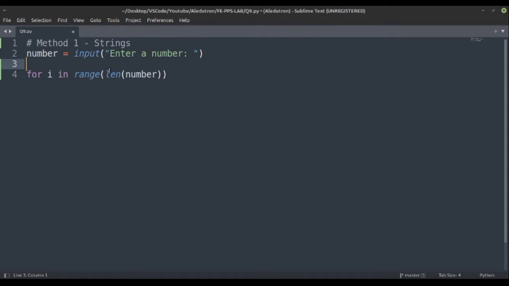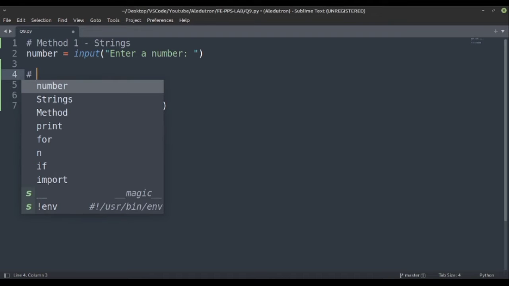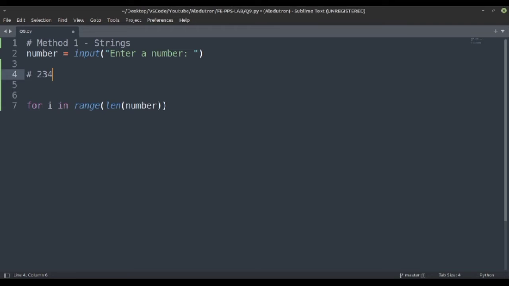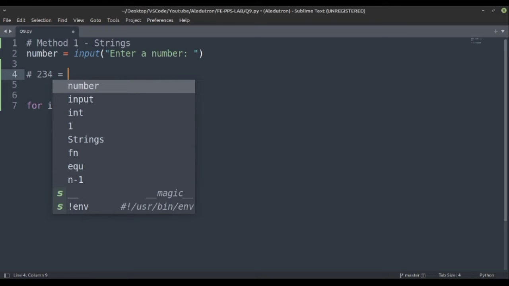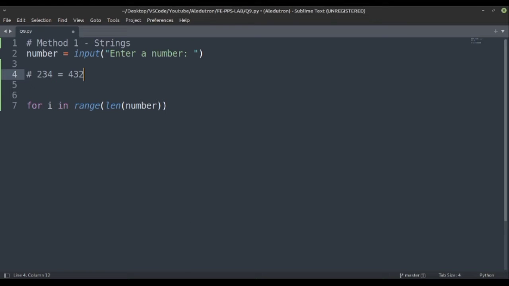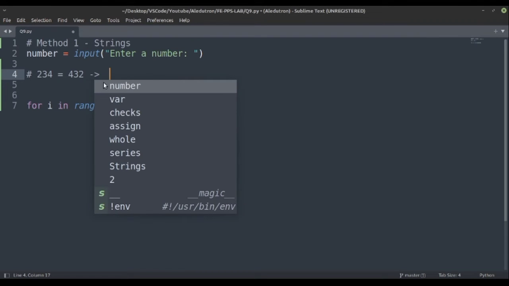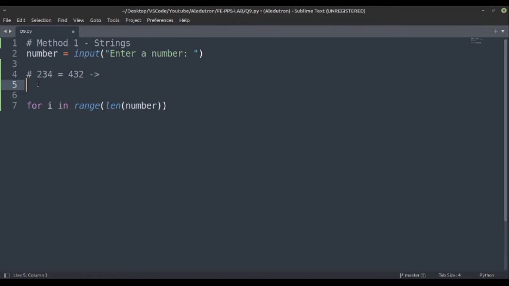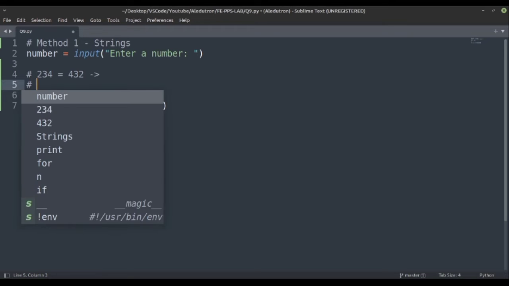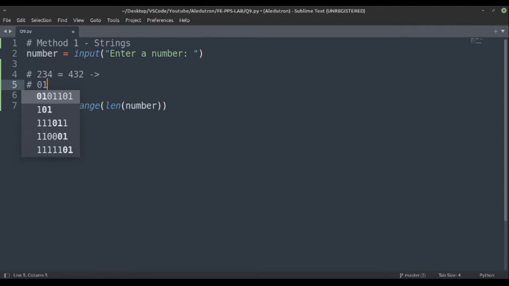Let us take an example first for clearer understanding. If I get the number 234, basically I want the answer as 432. So this is what we require. To do this, we know the first index would be 0, then 1, then 2.